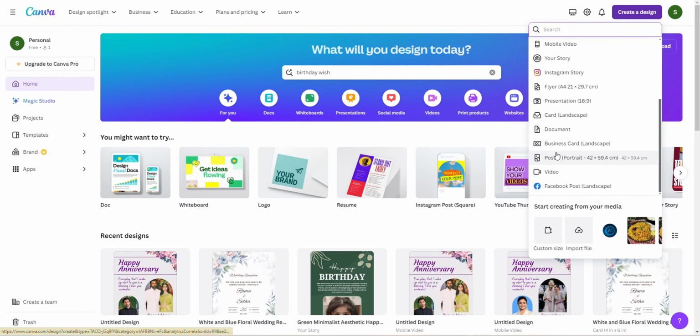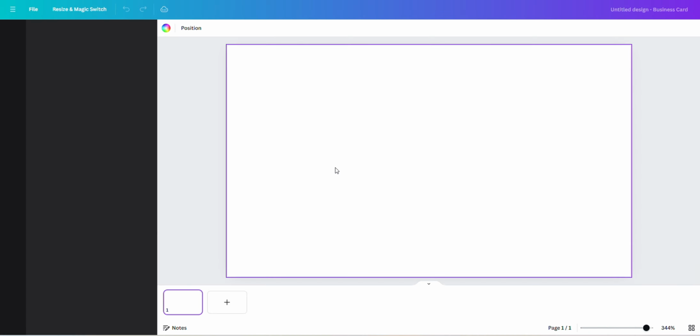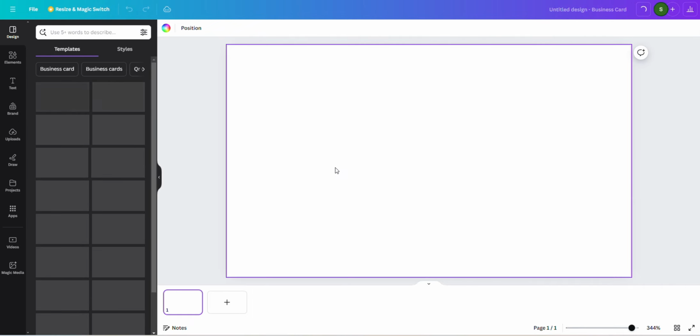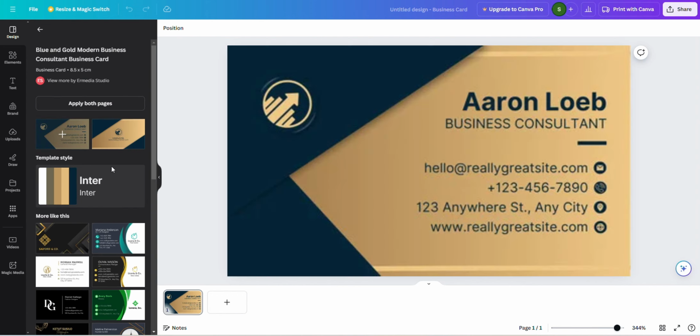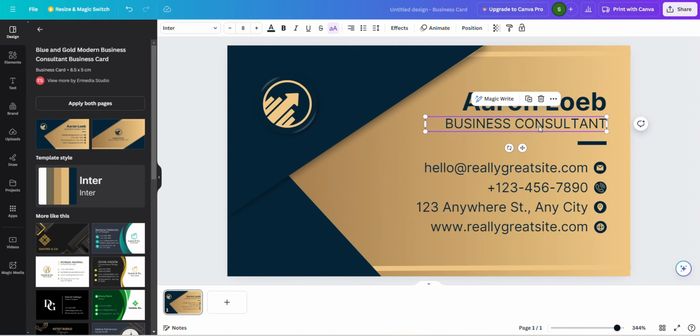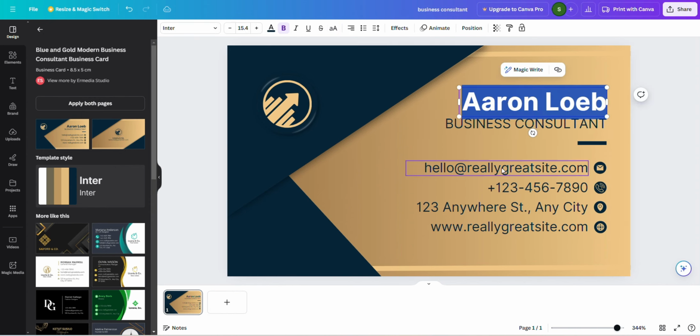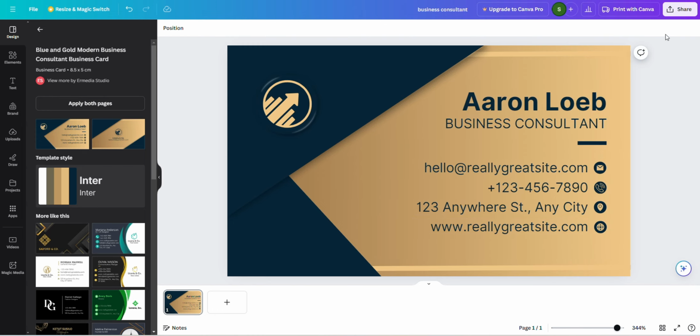And the next one is business card. Yes, you can create business cards also by using this application very quickly. And same way, just select the template whatever you like from the left side. For example, I'm choosing this one. Yes. And now update the content with your business name, contact details, email ID, everything, and you can download. Yeah, that's all. Your business card will be ready within seconds. That's it. Yeah, download here.